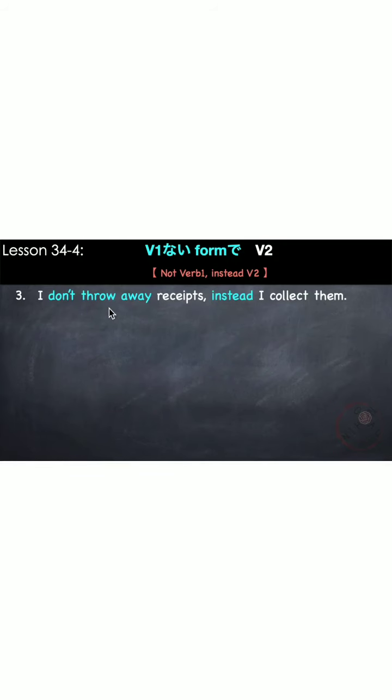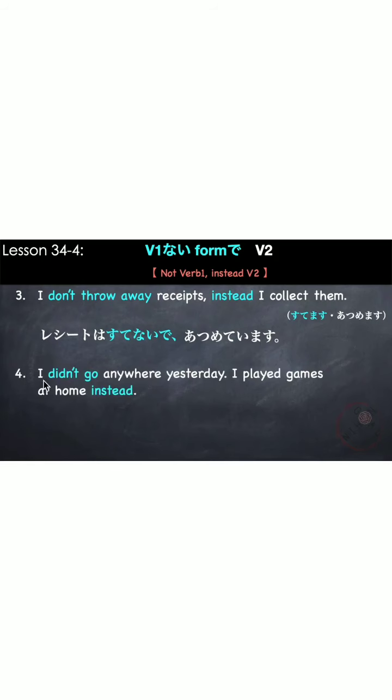Another example. I don't throw away receipts. Instead, I collect them. Our verbs are to throw away and collect, 捨てます and 集めます. 捨てます becomes 捨てない. レシートは捨てないで集めています。